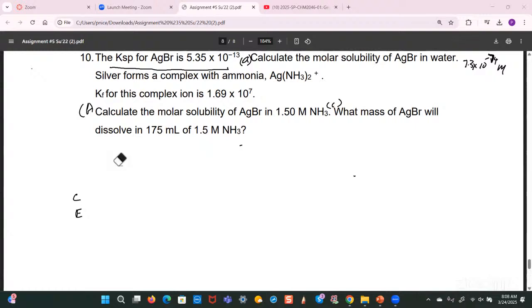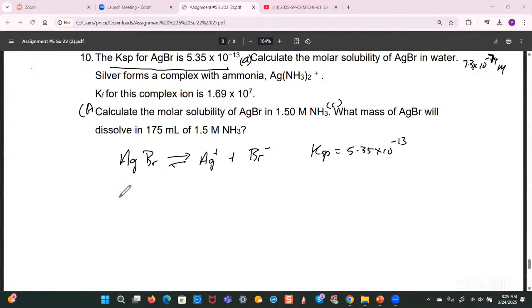So I'm going to write down 2 equations. One equation is for the dissociation of silver bromide, which we had before. So that dissociates to form Ag plus and Br minus. And we know that the Ksp value for this is equal to 5.35 times 10 to the minus 13, all